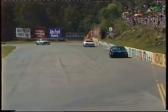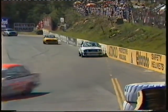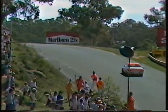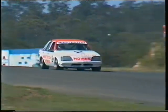Jim Richards back in his customary position, the leader of the Australian Touring Car Championship after 4 rounds. There's Longhurst in the new 323 and Colin Bond in car number 26. Doesn't appear to be any problem with the car. I think he just went in pretty deep across the top. As we look here at the beautifully prepared Pat Purcell built Steve Masterton Commodore. A Peter Brock body,